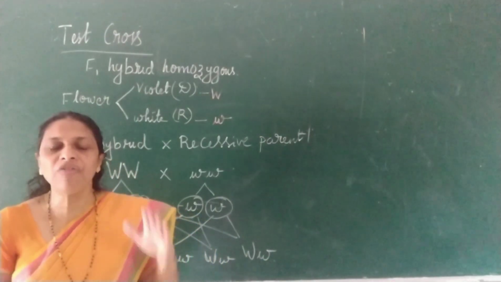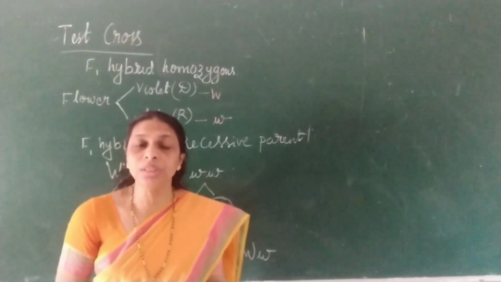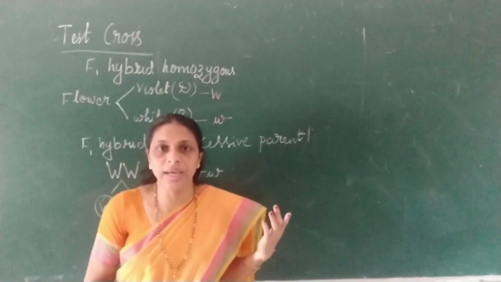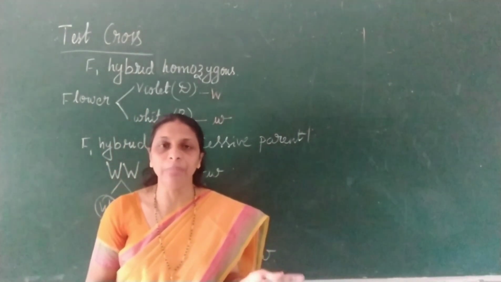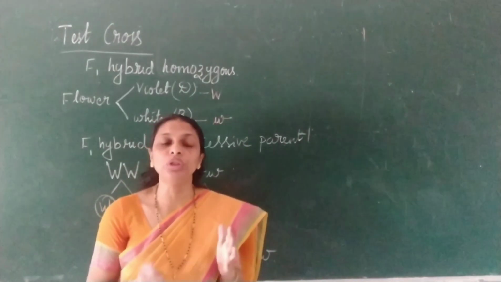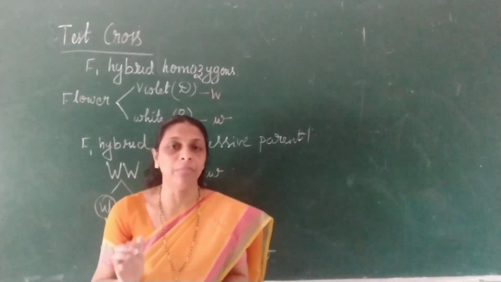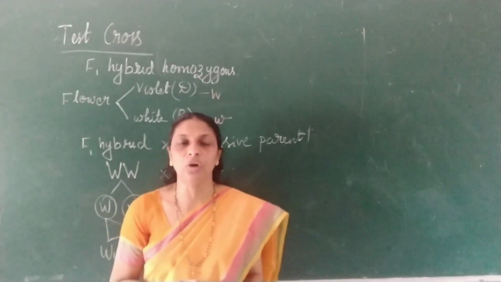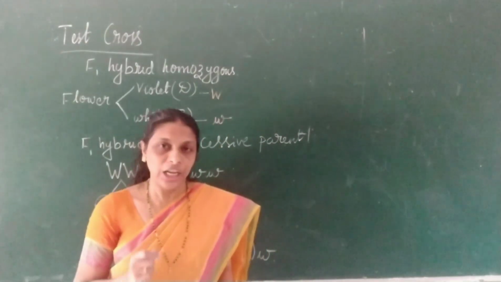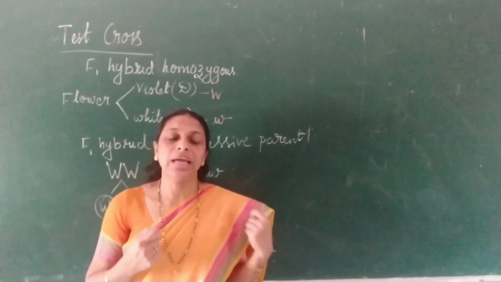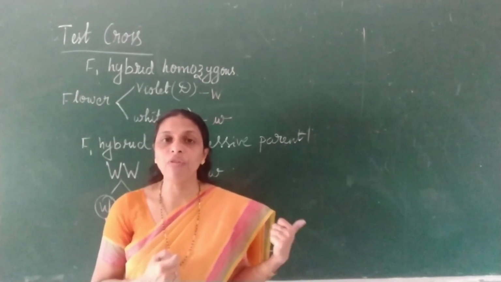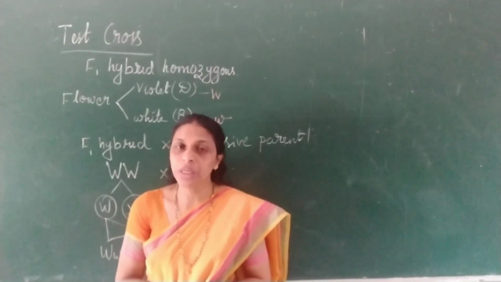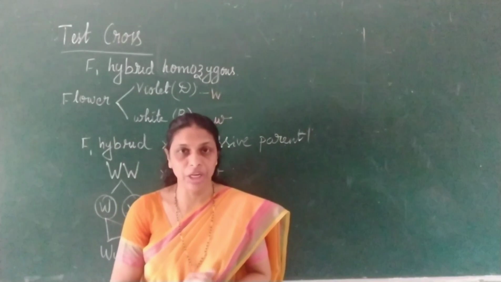That means if all the plants produce only the dominant character when a test cross is done, that shows that the F1 hybrid is homozygous. This is how the genotype of the F1 hybrid can be determined, or it can be found out. So the significance of a test cross is, a test cross is done in order to find out whether the genotype of the F1 hybrid is heterozygous or homozygous. Hope it's clear to you all. So very important from an examination point of view.